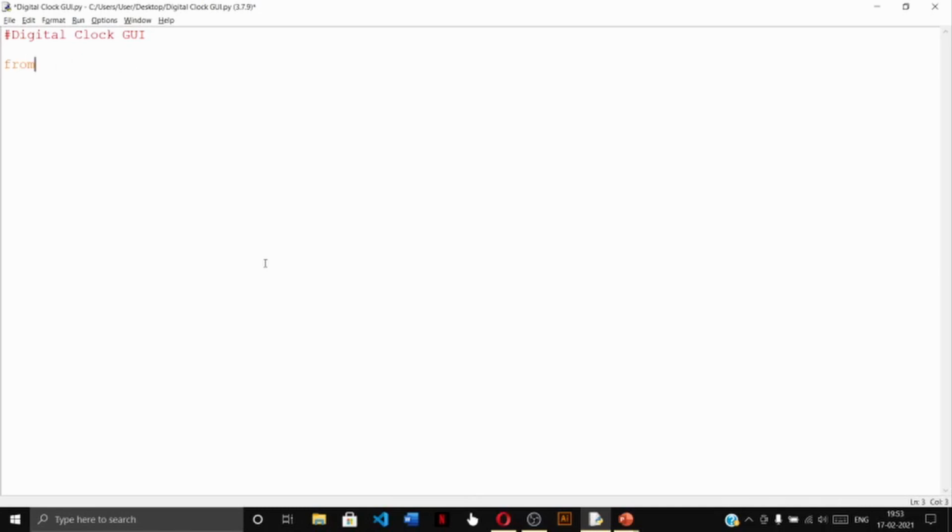So first we are going to import the tkinter module as from tkinter import star. Now this shall import all the necessary module methods, classes, widgets present inside the tkinter module. Next, from tkinter.ttk we are going to import star. Now, ttk is a very important class inside tkinter, and we need to import all the necessary widgets of ttk